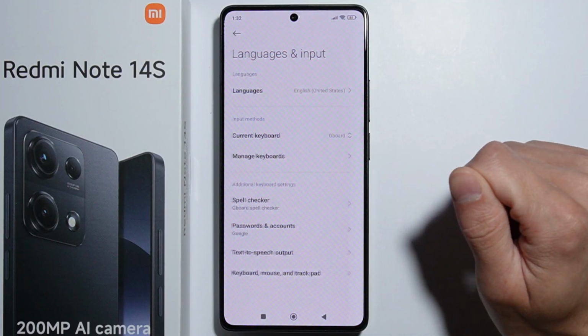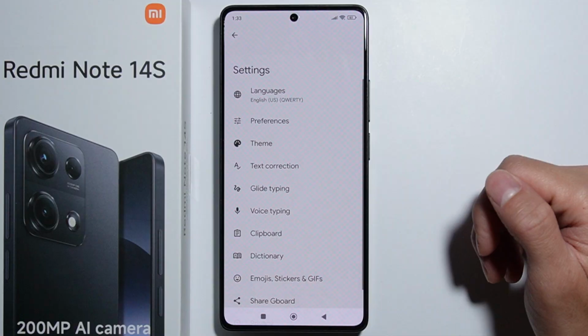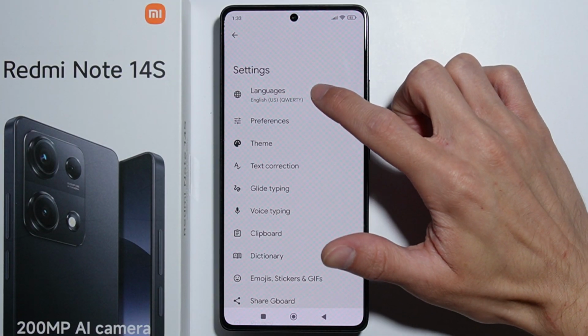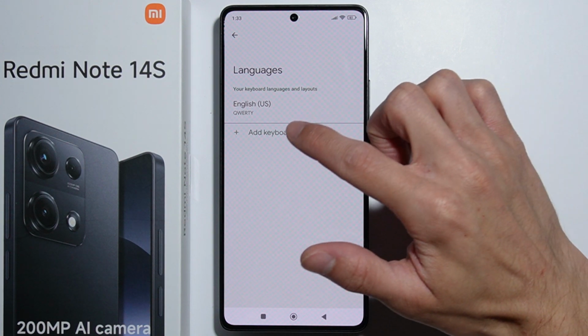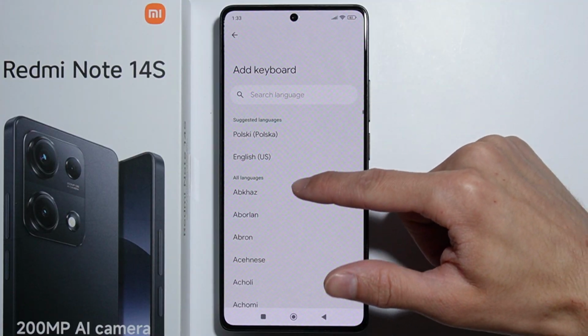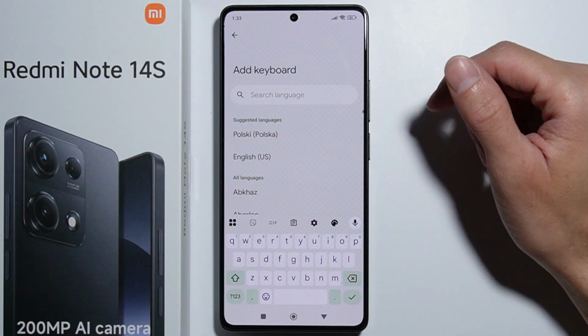manage keyboards. Let's tap on this one, select the Gboard, and right here there are all of these keyboard settings including languages. So tap on this one, and here you have to press this add keyboard button, and right here there is this list of all of these different languages, and you can additionally search for language using this text